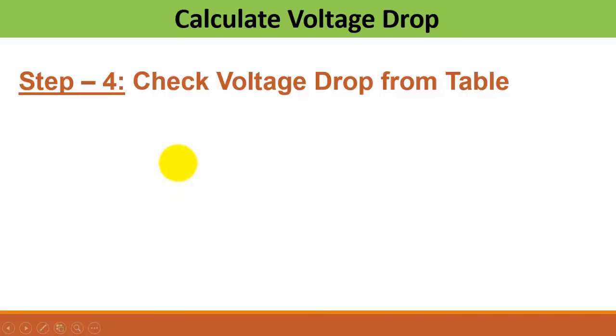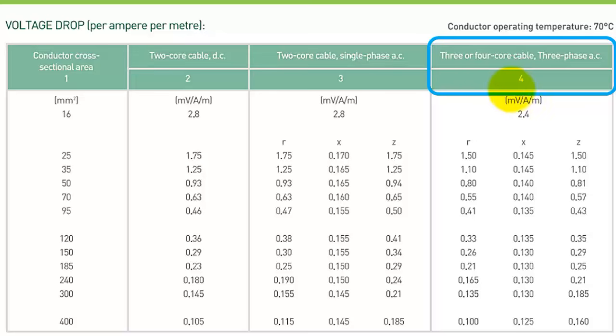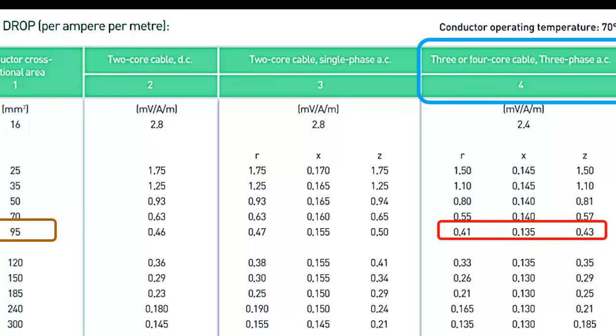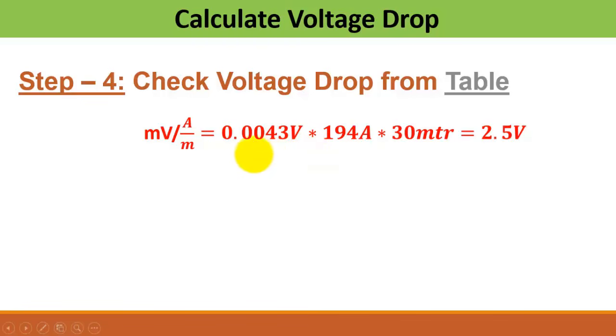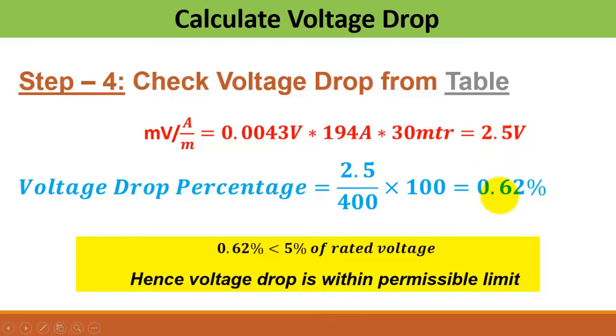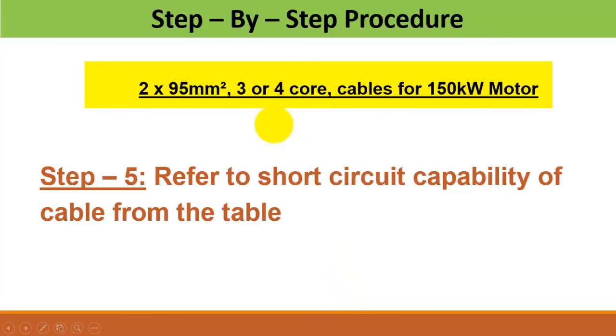Next step is to calculate voltage drop of this cable. For this, again refer to voltage drop chart of same cable. Here you can see 95 square mm with 3 or 4 core cable. The voltage drop is 0.43 per meter per ampere. Next is to multiply voltage drop with total load current and total length of cable, which in my case is 30 meters. The total voltage drop comes out to be 2.5 volts, which is 0.62% of 400 volts, which is well below the 5% limit. So the cable selected is total 2 number 95 square mm 3 or 4 core cable